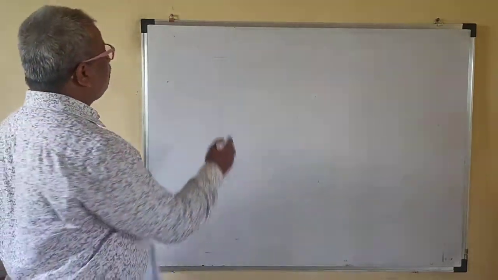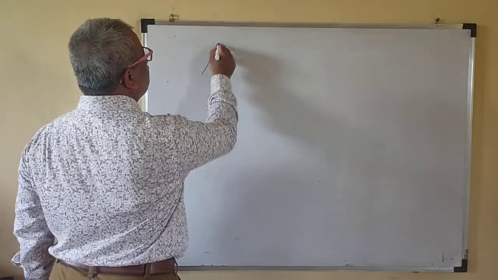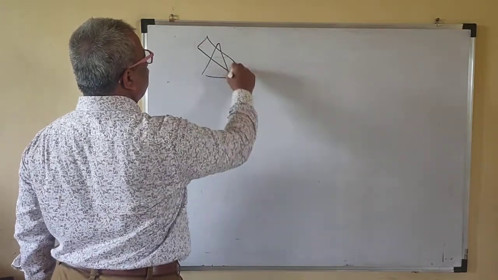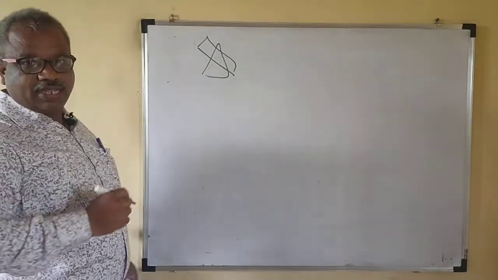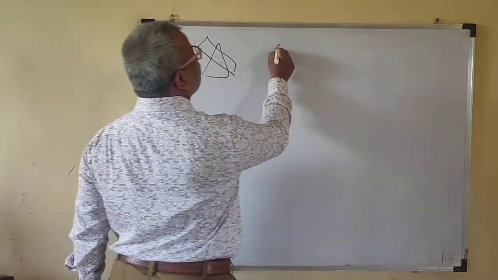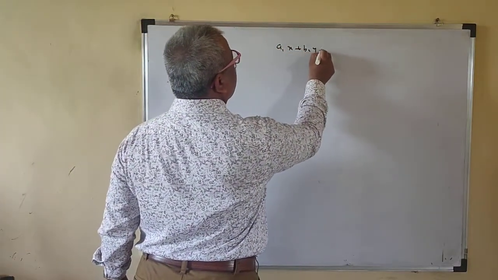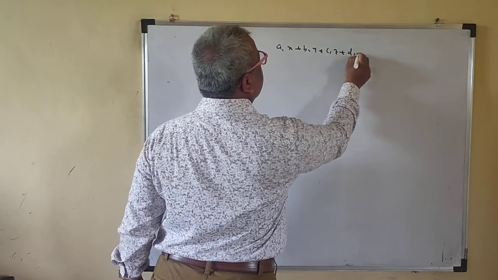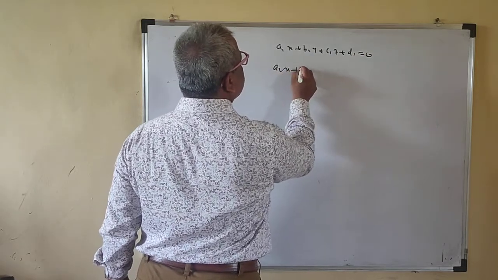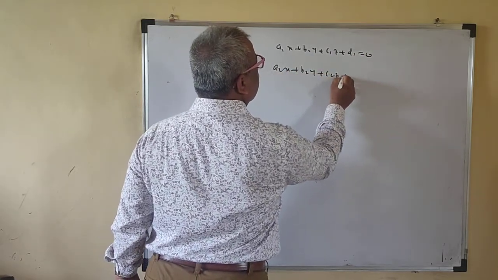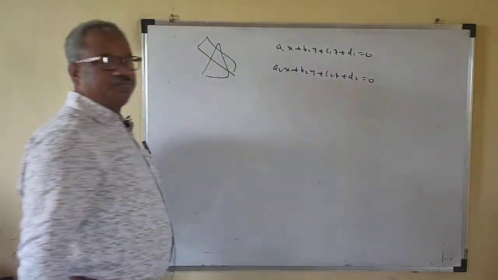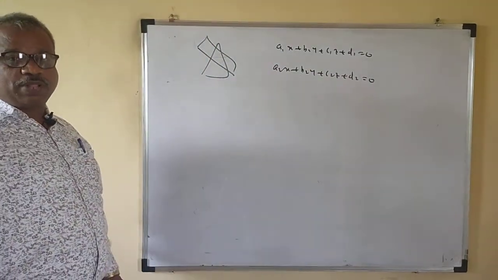The system of planes. Suppose these two planes are there, and they are intersecting. Suppose this is A1x plus B1y plus C1z plus D1 is equal to 0, and A2x plus B2y plus C2z plus D2 is equal to 0. Then the equation of a plane